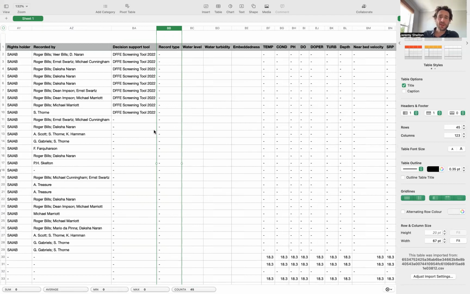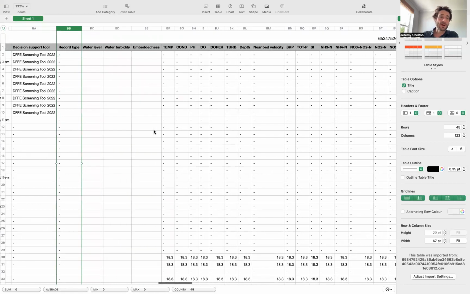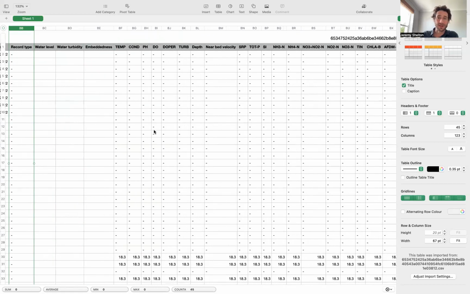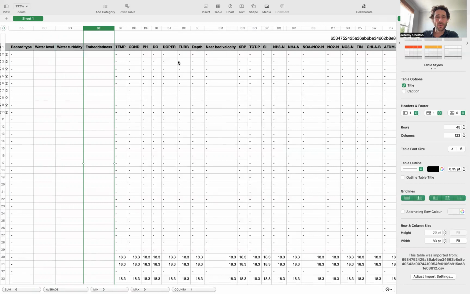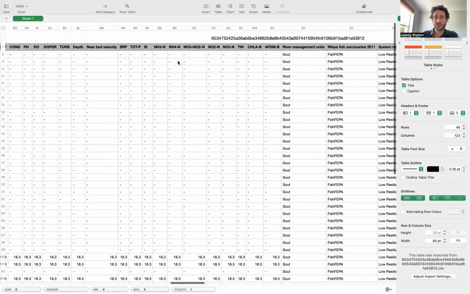Right. Next up, we just have a whole range of environmental data or abiotic data or physicochemical data, depending on what you want to call them. But these are really the most common kinds of abiotic measurements that are collected alongside biological data when biological samples are collected. So we have things like water level and turbidity and embeddedness, and then a whole range of physicochemical factors, really